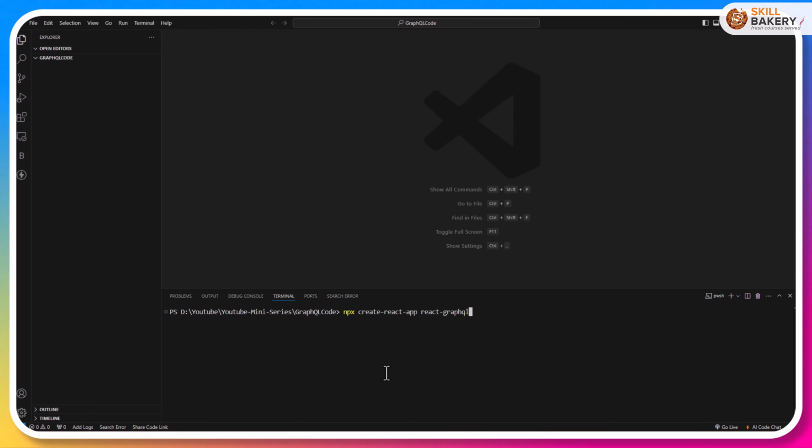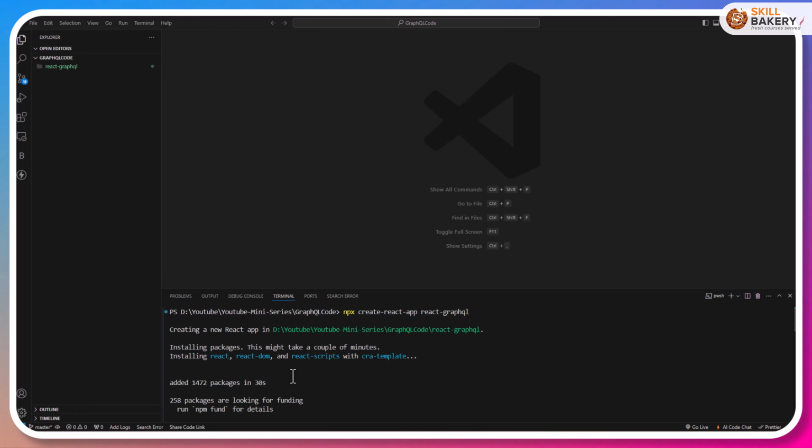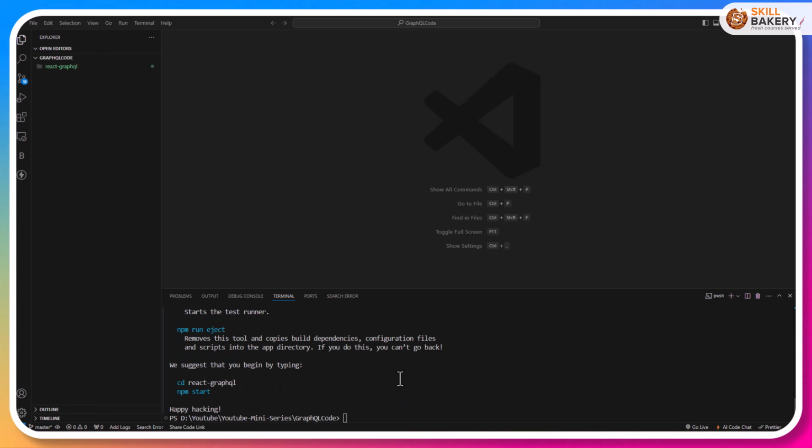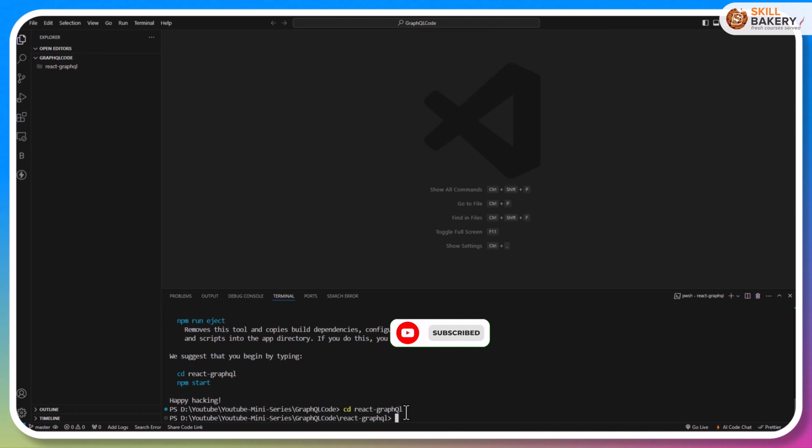using this command: npx create-react-app and then the name of the project. So here the name of the project is react-graphql. Press enter. So here our project is now created, and it contains react-dom and react-scripts with the CRA template packages. Down below you will find the instructions to start it, build it, test it and even eject it. So here what we'll do is go inside react-graphql, and once there, let's clear the screen